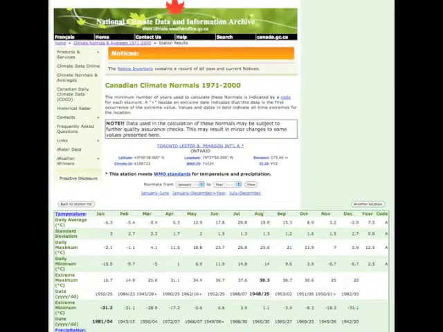If you wanted to use perhaps just a single year, say 1985 or 1995, you can actually go back and search through the online data to find that. We're going to use the year 2005 as a second graph to compare against the long-term averages. Now to find that data, we just go back to the home page,